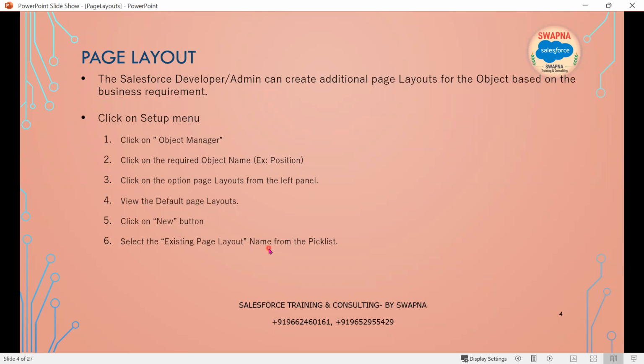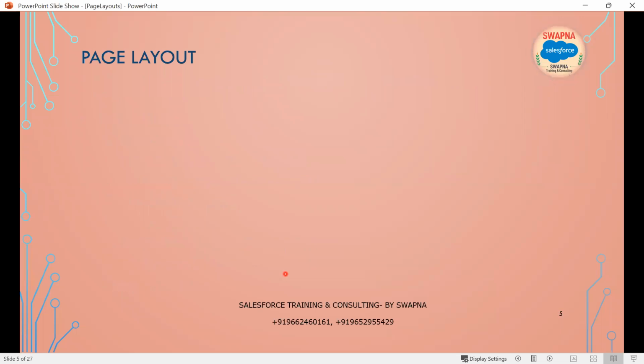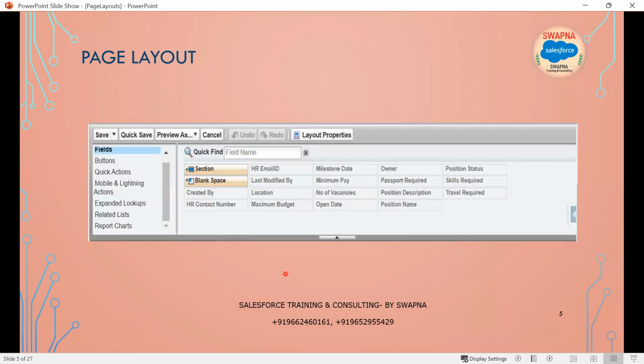So we have selected the existing page layout and we have given the new page layout name. And then we clicked on the save button. Once it is saved, it opened the page layout. Again, you have to click on save. If you want to make changes, you can make changes. So now, as soon as it opened the page,